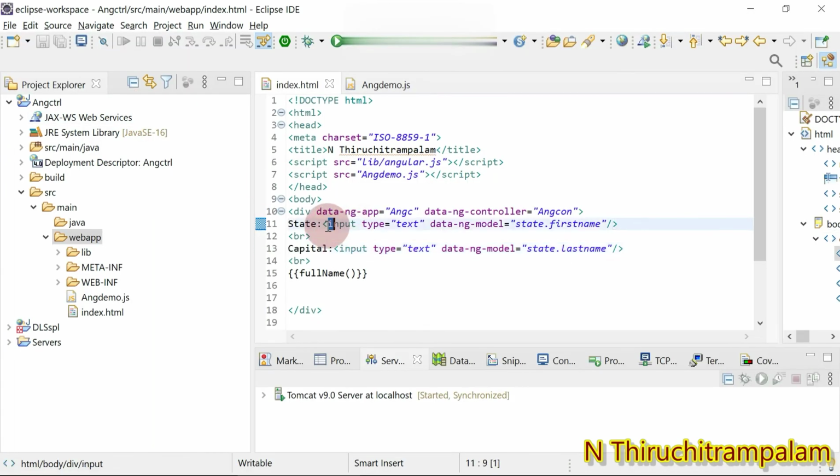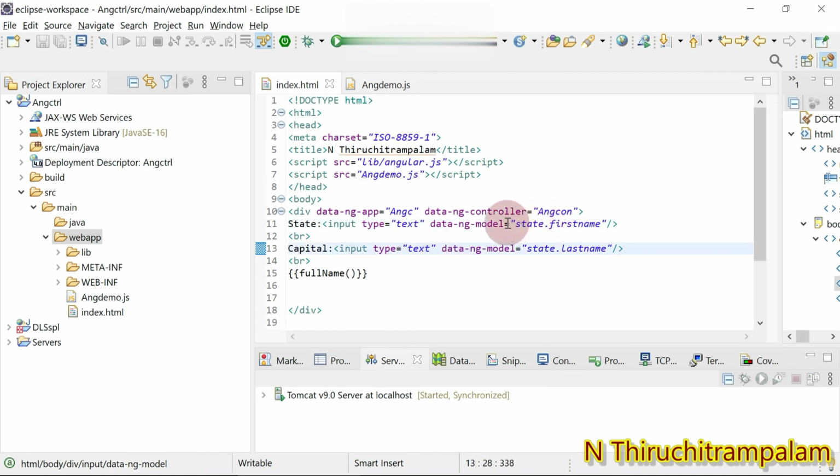Why does it appear? Because we have created the text box using the input element, and within this input element we have given the ng-model just to ensure that whatever data is on the view page will get updated on the model, as well as whatever is on the model will get reflected on the view page. The ng-model directive does this task.